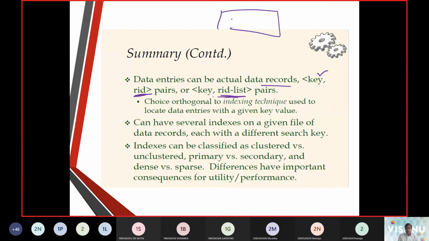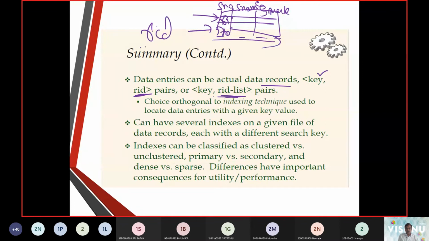So if I'm going to have a database table here, with student number, student name, and student marks. Now the entire entry of this element is represented as a row ID. We call it a row ID, which is going to be a pointer value. So every record, every tuple is going to have a row ID.